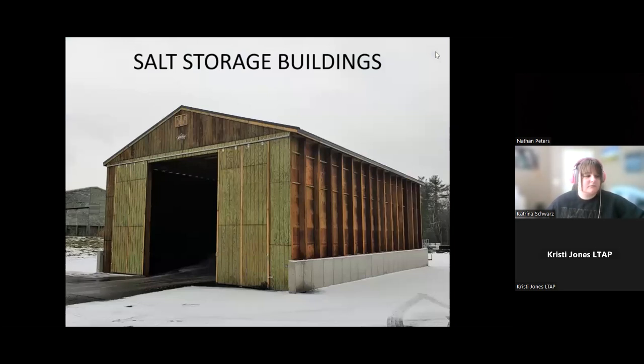Just highly corrosive environment. The copper naphthenate timber that we're using and that we've been chatting about during this whole presentation, anything that we're producing timber wise coming in that copper naphthenate treated timber, something that's going to perform much better in those highly corrosive environments full of salt, water, even some of the chemicals that go with it. So we've had great success building these salt storage facilities. Especially back on the East Coast, where they're putting a lot of these types of salts, chemicals on the roadways,